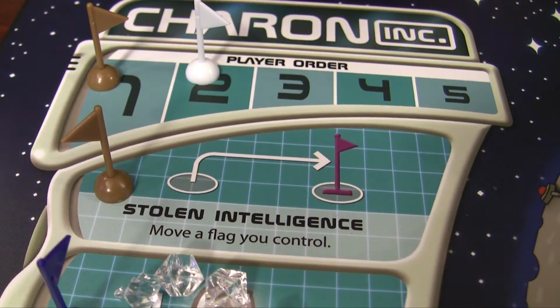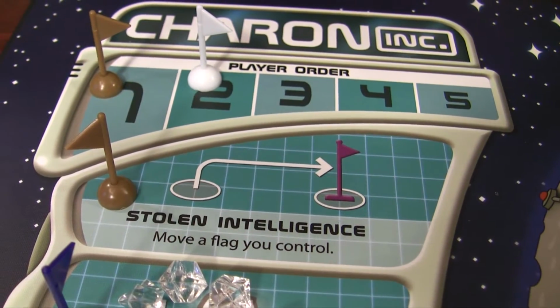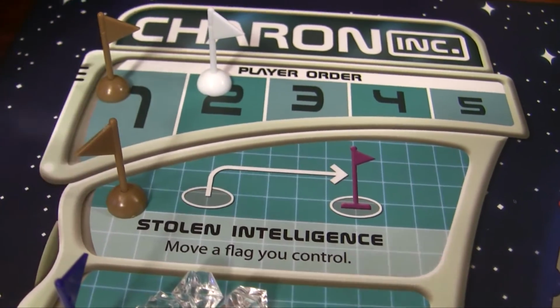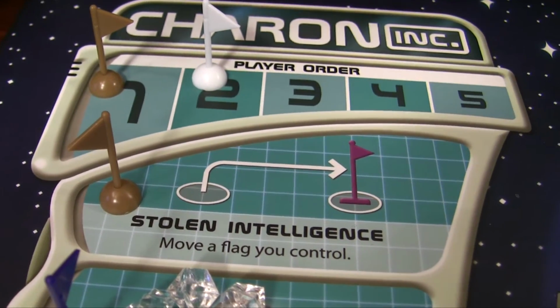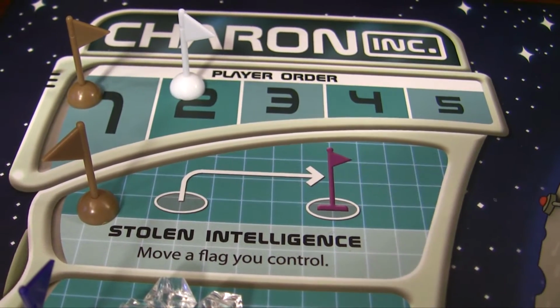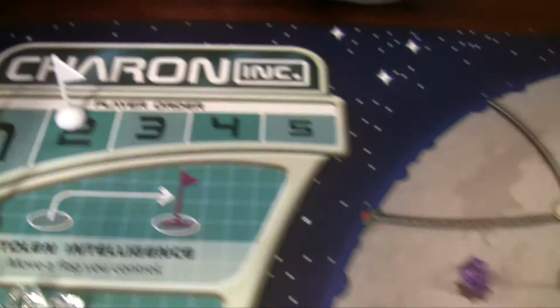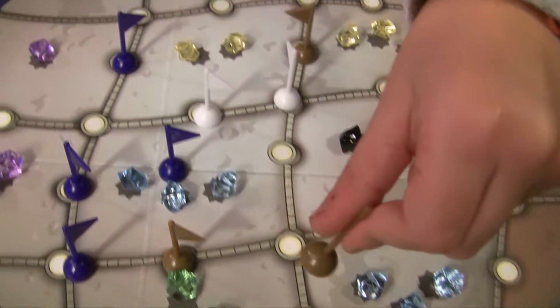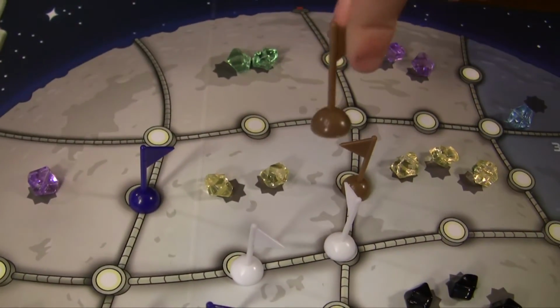Okay, so we've staked out our land. Now we move down the special ability track. The first one you see is Stolen Intelligence. If there is 1 flag left on there in a 2-player game, then this is activated, and the brown player can now move any one of his flags to anywhere else on the moon. So let's say I want to move this guy right to...